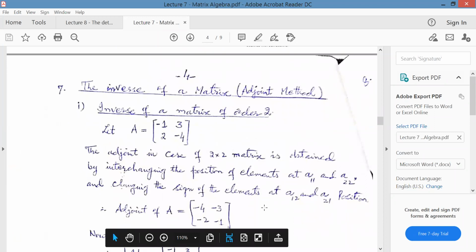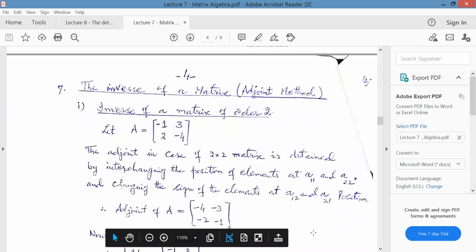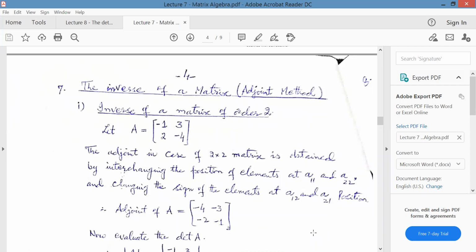Inverse can be found by two different methods. The first method I'm using today, that is the adjoint matrix method. And then you will study another method, that is Cramer's rule, which I'll teach you later on. Now again, we have a matrix of order 2 by 2 and a matrix of order 3 by 3. I think these two are there in your course. So study how to find the inverse of matrices of these orders.